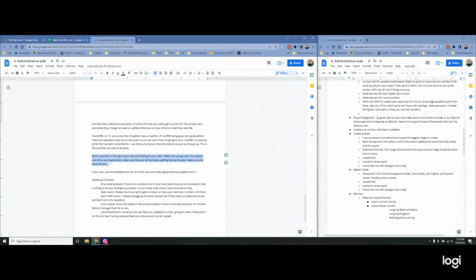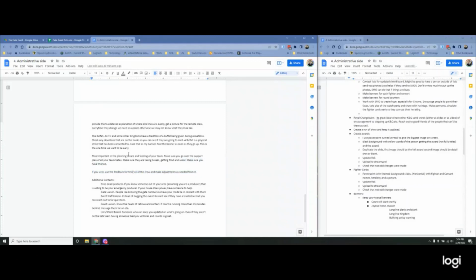Do not forget care and feeding of your team. It is so important. They are dedicating so much time and so much effort. Make sure they have stuff in place. Make sure they have people caring for them. Make sure they're not trying to wrangle 4 children at the same time as doing this. And if they haven't taken a break in 4 or 5 hours, go make them. And don't forget this for yourself.